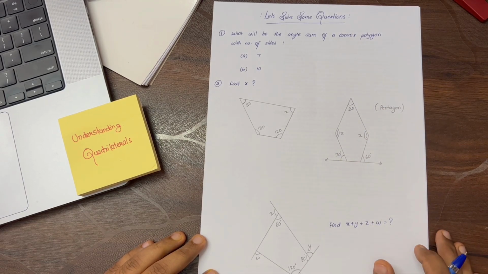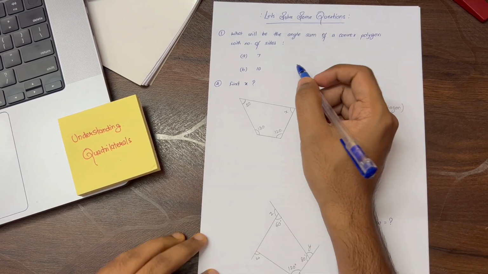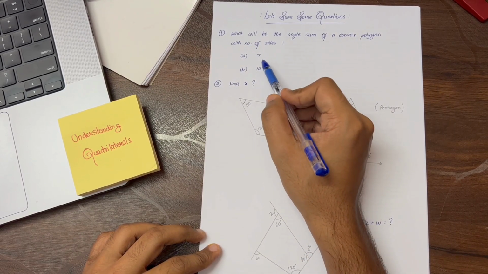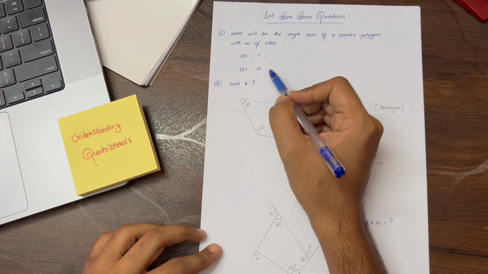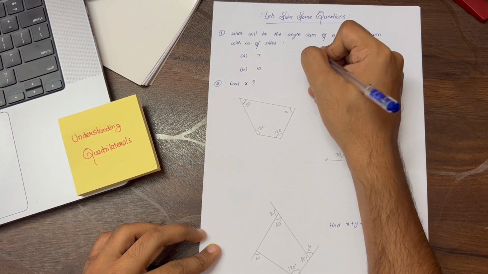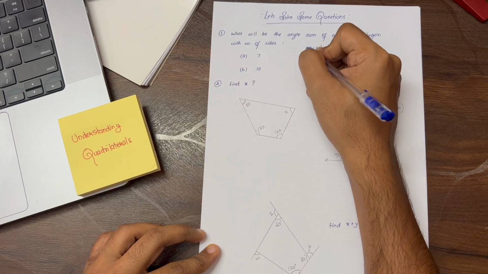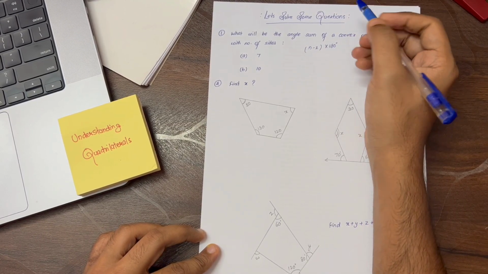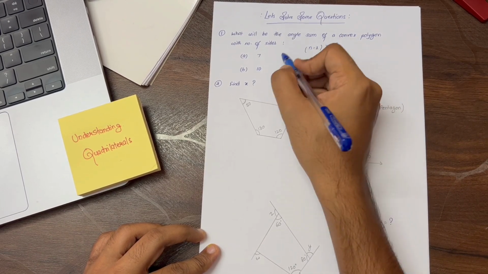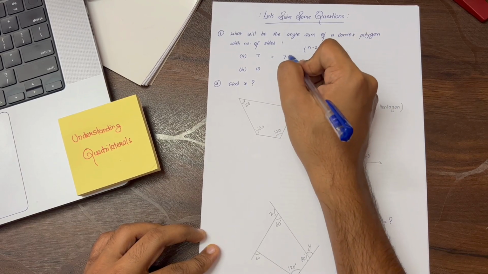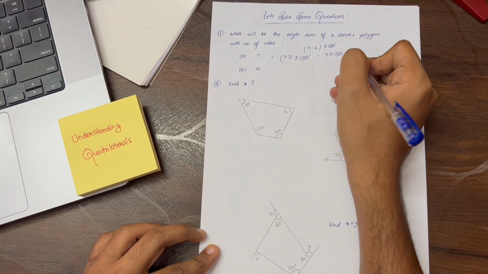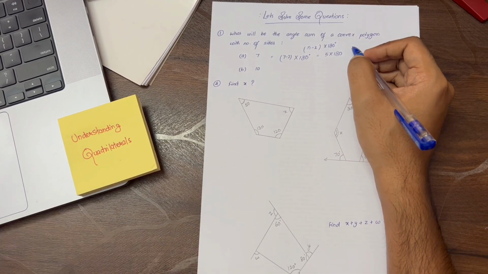Okay students, so let's solve some problems. The first question is, what will be the angle sum of a convex polygon with number of sides 7? As we have discussed, to find the angle sum of a polygon, we have a formula which is (n minus 2) into 180 degrees. Here n is the number of sides. So we just have to put n equals 7 and we will get our answer. For 7 we have 7 minus 2 into 180, which is 5 into 180,